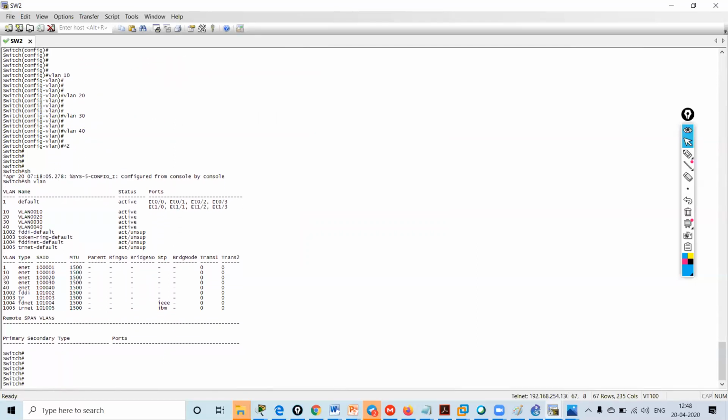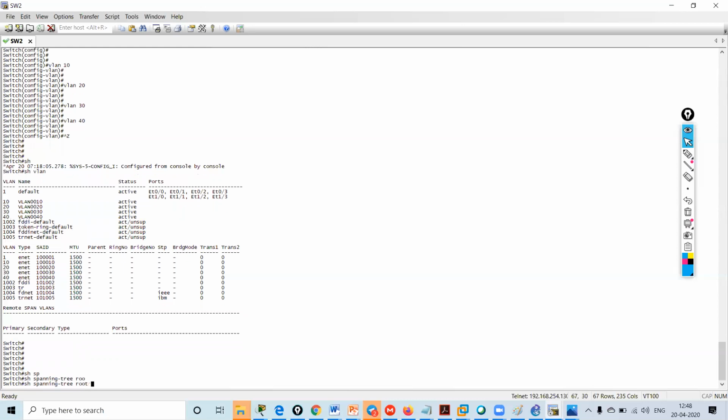Okay, and for all the VLANs, my one switch only will be the root bridge. So now I can see show spanning tree root.